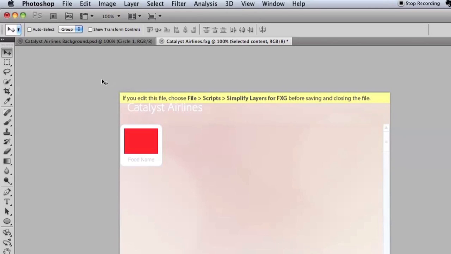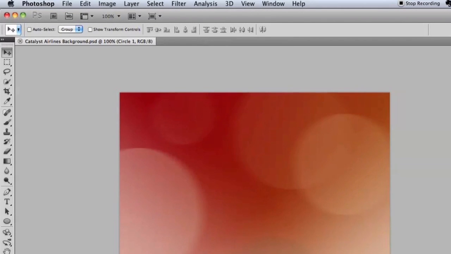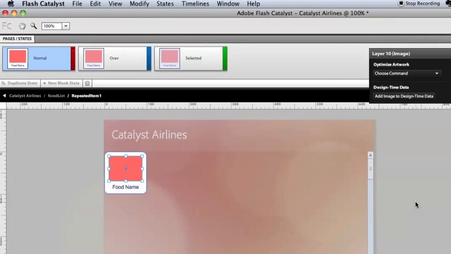So now if I save this and close, go back to Flash Catalyst, you'll see that those changes are then brought back into Flash Catalyst. So this is a quick example of how you can use Illustrator and Photoshop to round-trip designs that are originally a wireframe-based design, and then piece by piece migrate them and upgrade them to the full fidelity designs using Illustrator